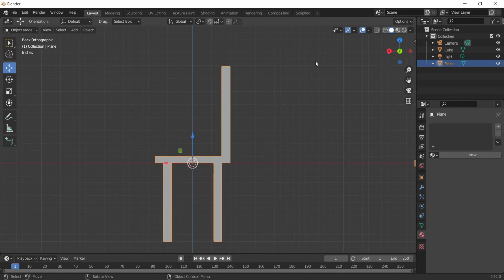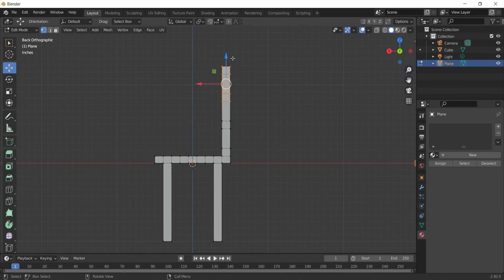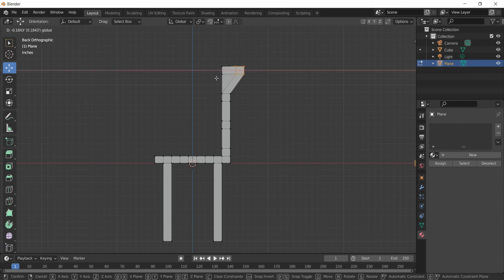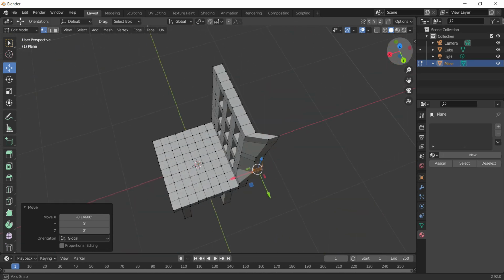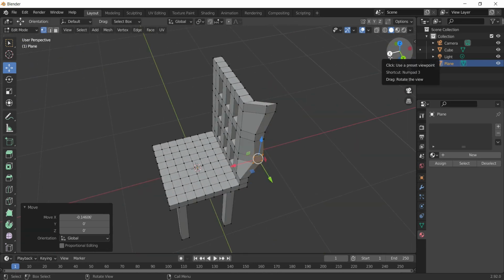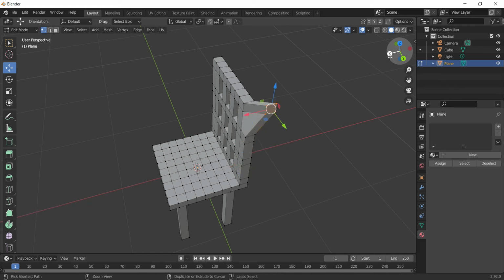Now I'll come back to edit mode, and if I try to move the vertices, it is moving, but there is something wrong. What is wrong here is that only the visible vertices were being selected and hence moved. What I want is the selection of all these vertices.